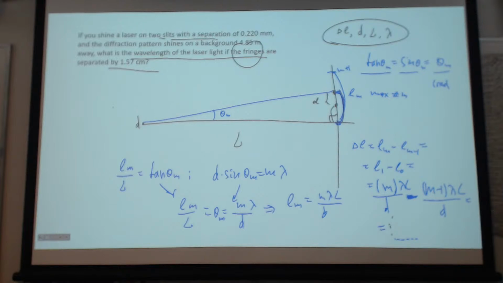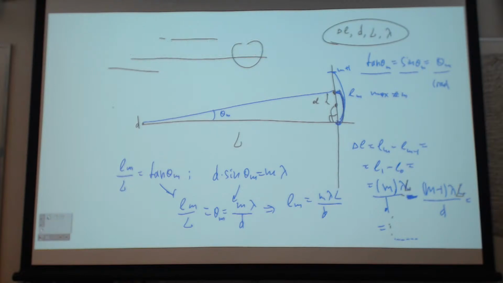Plus, it would be plus, so delta L equals wavelength over d. What happened to big L? It would be equal on the other side. So we've got m lambda L over d minus